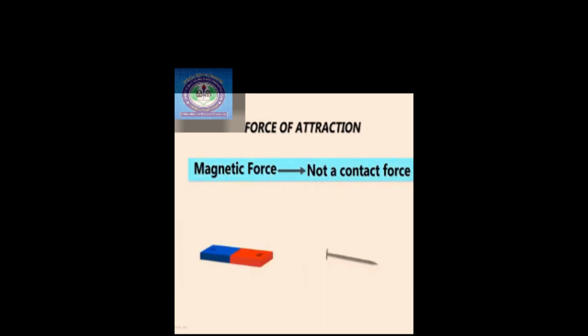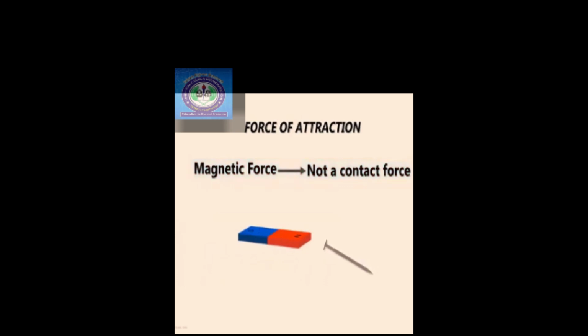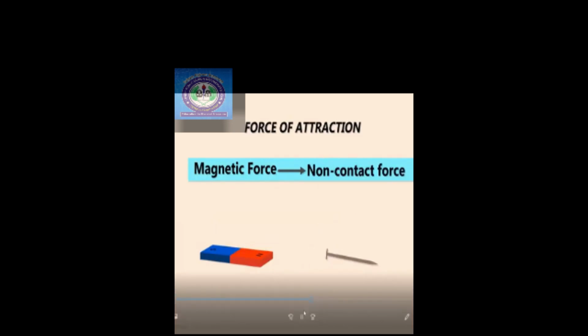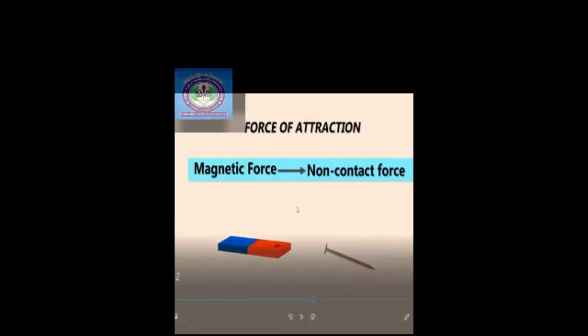To understand this better, we bring the magnet close to the nail and move it slightly up in the air. You will find a slight movement in the iron nail as well. This means that the iron nail is under the influence of a magnetic force even though it's not in contact with the magnet. It again proves that a magnetic force is not a contact force. So we can say that it's a non-contact force. The force exists even though the magnet is not in contact with the iron. So we have concluded that magnetic force is basically a non-contact force.